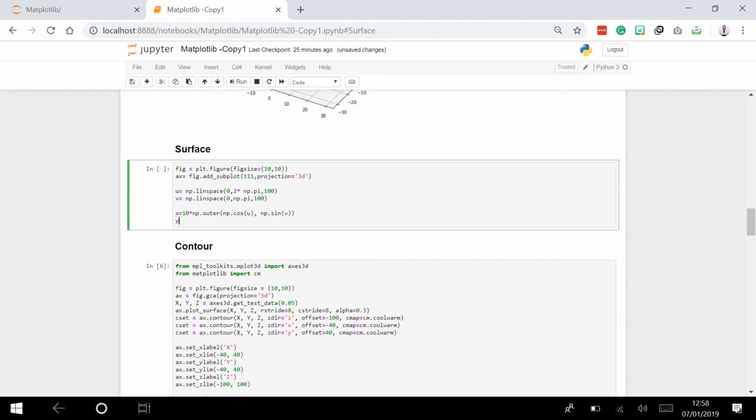And for the y we have 10 multiplied by np outer, again for the outer of the sphere, or of the circle, you can say. So np dot sinus u, and then np dot sinus v,